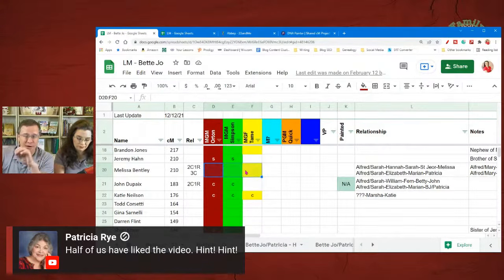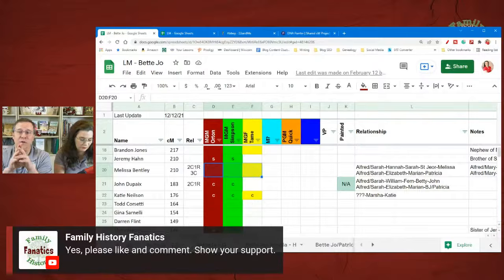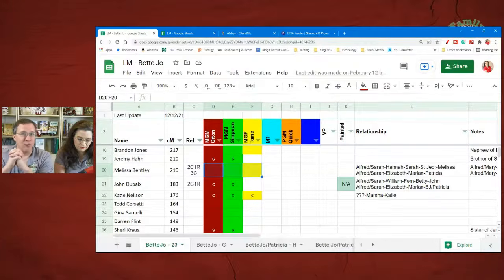With pedigree collapse or with endogamy, if it is between multiple of your grandparents, then you're going to have basically a big color splash here, which may not be helpful at all. And so that's why this tool is not good for pedigree collapse. It is not good for endogamy. What it is good for, if you have endogamy and if you have pedigree collapse, and Doritha, I think, is the one who asks this,